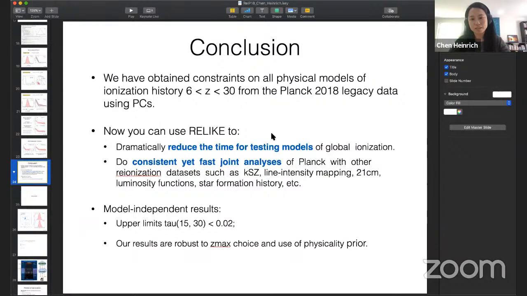So I'm thinking, when previously a speaker was mentioning how KSZ and analyzing high L and low L data, sometimes we don't have the same analysis model. Well, now you can do it consistently with this code. So I'm really looking forward to talking with you guys, maybe after the talk during this conference on Slack, about the various ways you can use this.